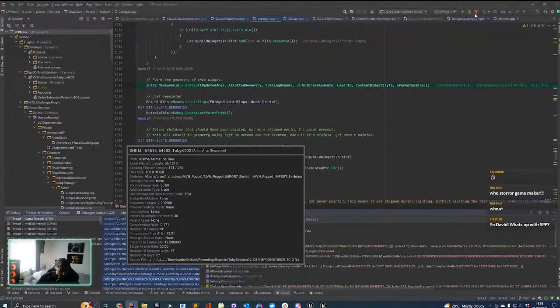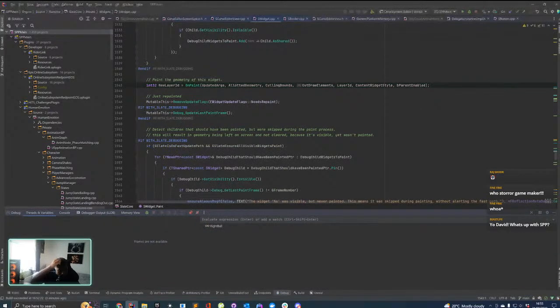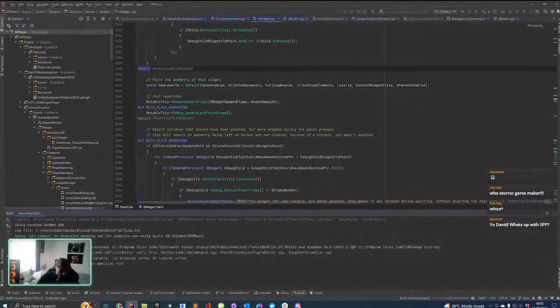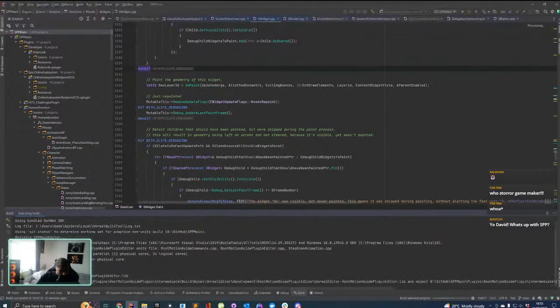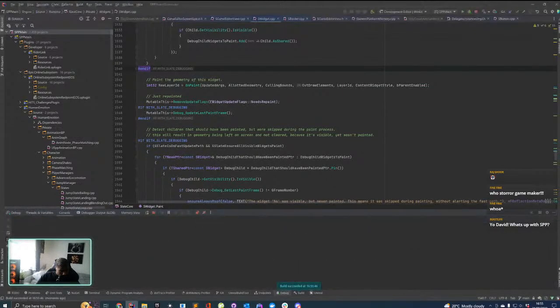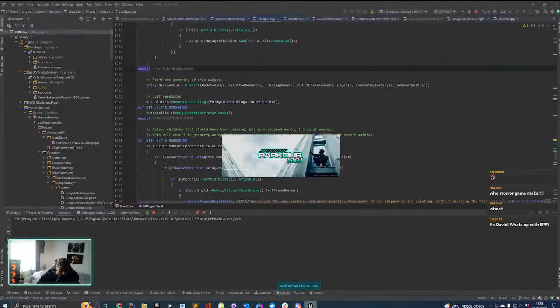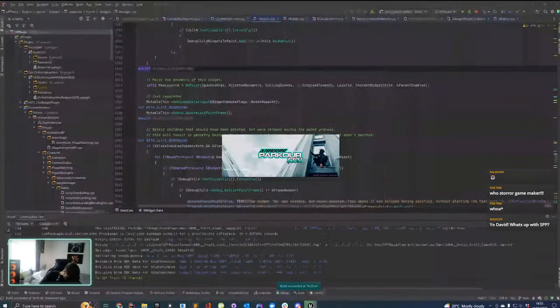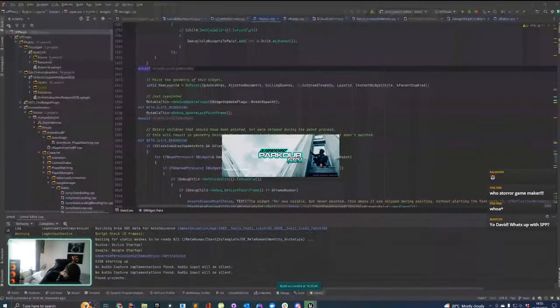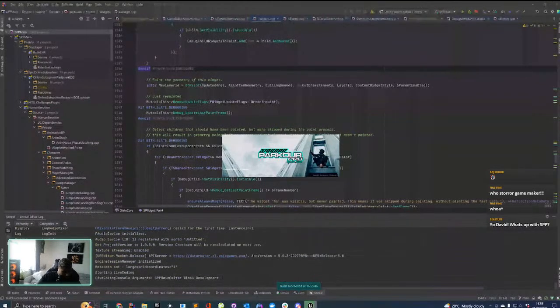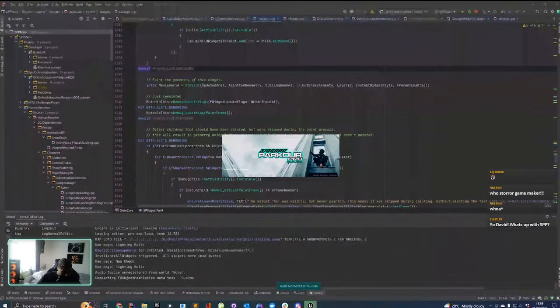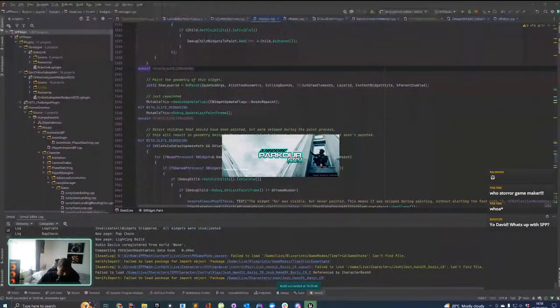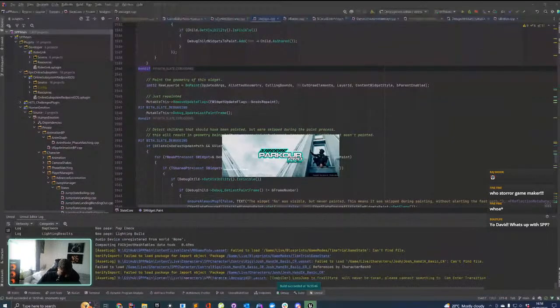It must be just some memory allocation thing with that. Because I debugged those numbers and they were all fine. There wasn't anything crazy. So